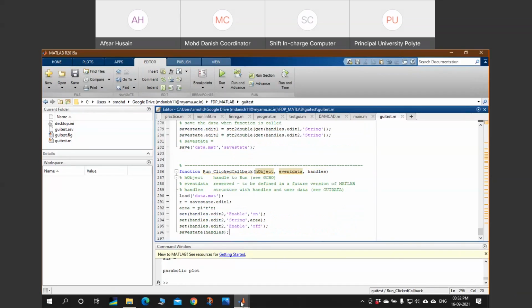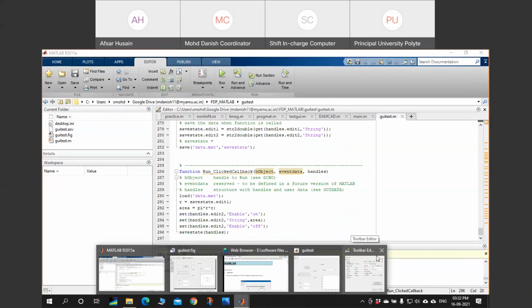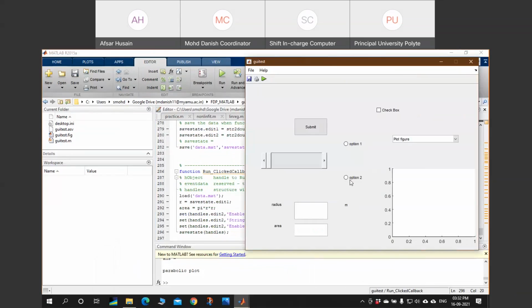So let us see what this command is doing. Let me write 20 and press run.